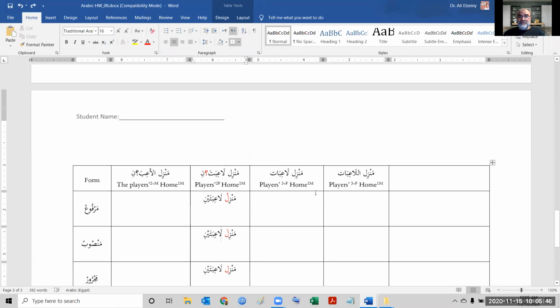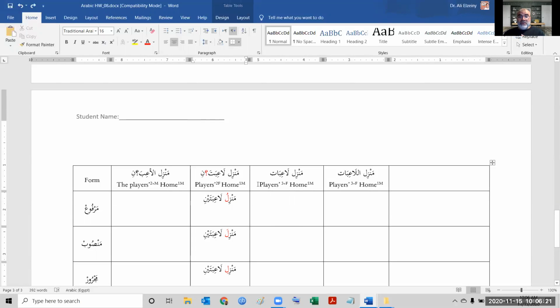This is a very nice example that I want to discuss. We're talking about the home again. That will help me because I don't have to worry about the first noun. We've already done it many times. We know it's manzilu, manzila, manzili. Manzilu, because it's dhamma. Manzila, because it's fatha. Manzili, because it's kasra. So this one is done with. So what am I supposed to figure out then? I'm going to figure out the situation for the second noun.